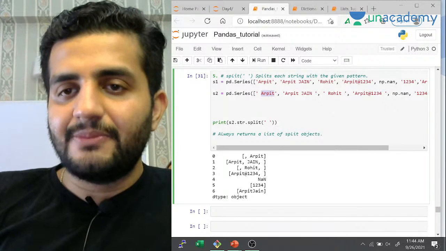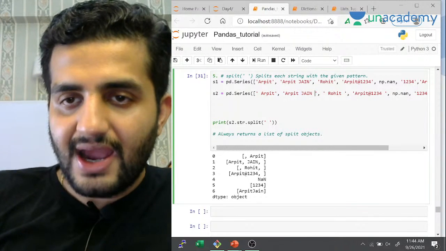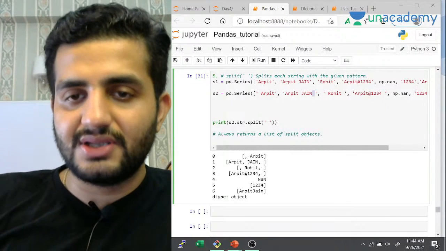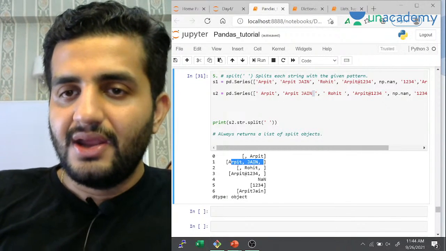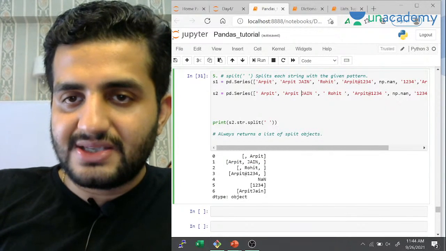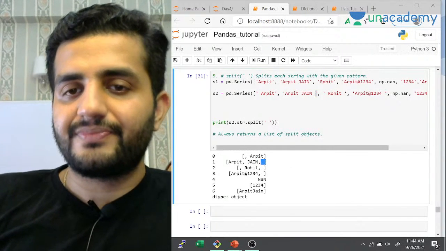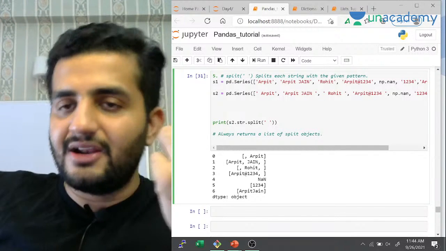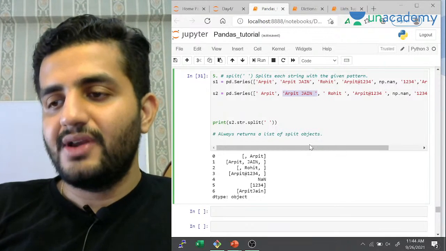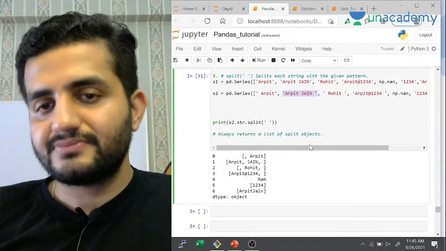Similarly, अगर आप second element में देखोगे, so we have Arpit Jain. So we have two spaces here now. This and this, right? I have not stripped it now. I have just used it on the raw data. So in this case, it has given me three elements, because आपके पास तीन एलिमेंट हो जाएंगे ना. फर्स्ट अर्पित होगा, सेकंड ये स्पेसिंग के बाद जैन है, और इस थर्ड स्पेसिंग के बाद आपके पास कुछ भी नहीं है, तो ये एम्प्टी हो जाएगा यहाँ पे, है ना. So we will be having three elements. Again, this single string has now been converted into a list of three elements where the splitting criteria is space.